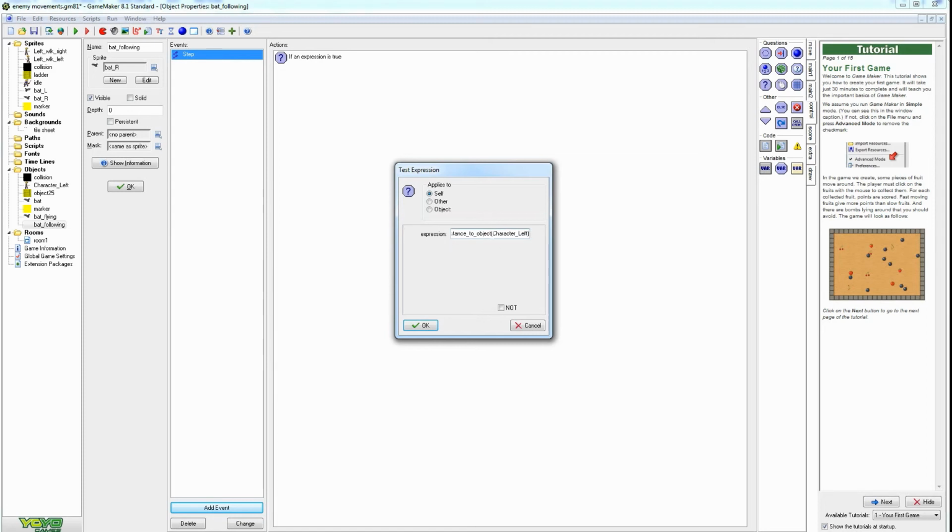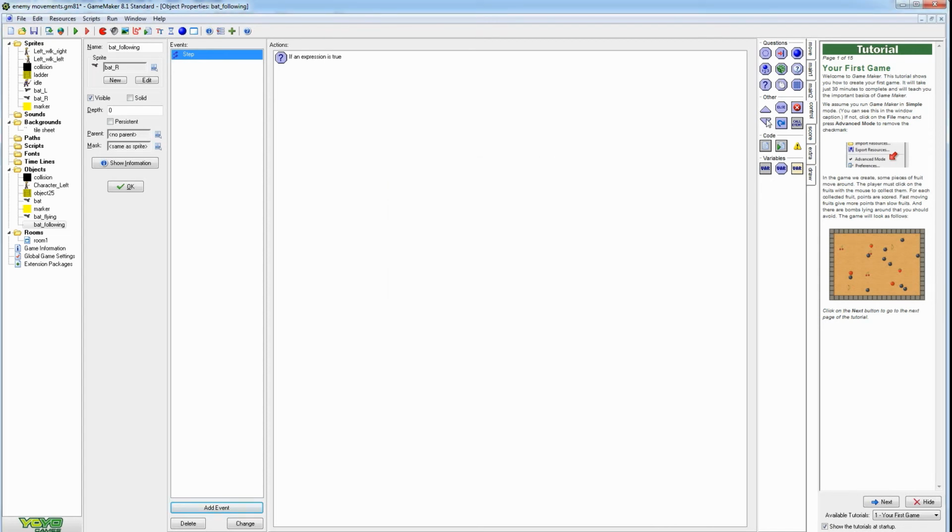So distance_to_object(character_left), where character_left is the name of the object we're using. And for character_left, we want this to be less than 200. So if the distance to character_left is less than 200, that is, if this enemy, this creature, this bat, is less than 200 pixels away from your character, press OK. Then what are we going to do? Then we're going to say